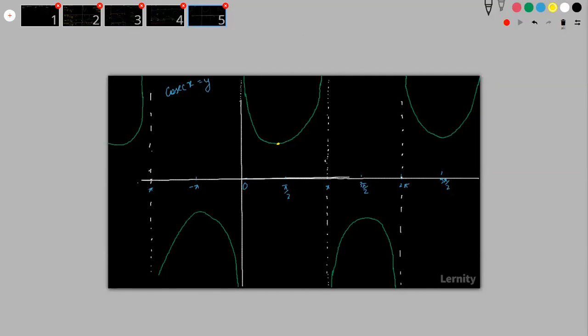So what is this minimum point? This minimum point was 1. So this minimum point was 1 for this one, है ना? For this one, the maximum point was -1, है ना? I'm not able to draw it properly, but this point will be -1. So this is 1, then -1, then 1 and a -1.